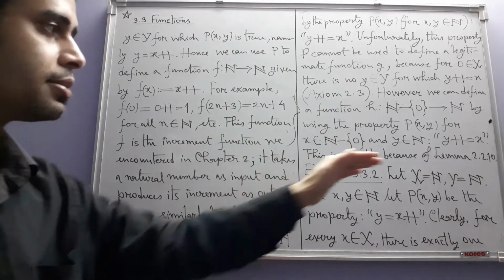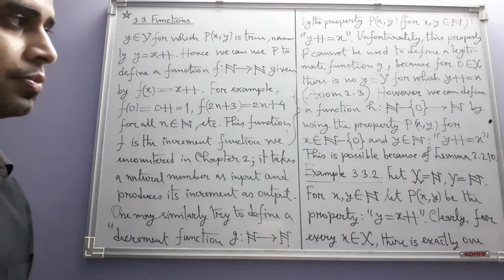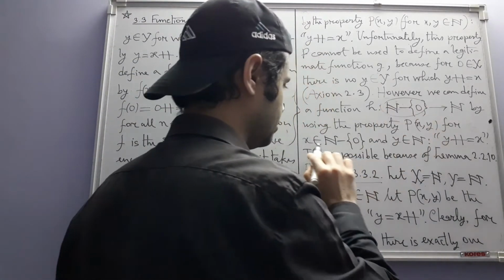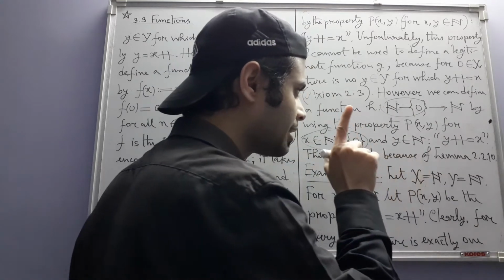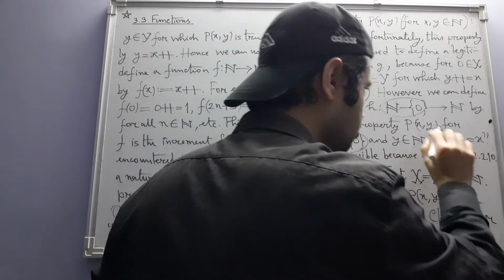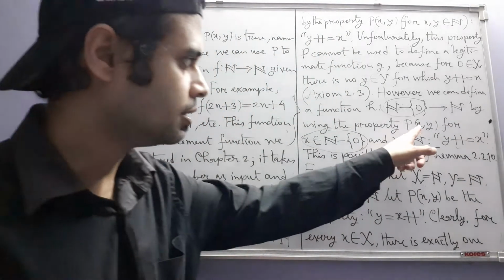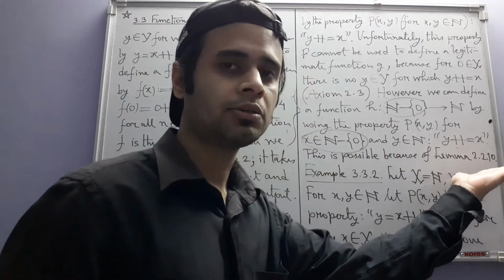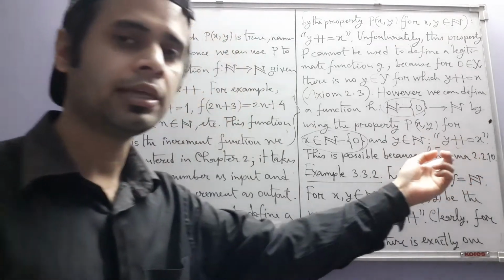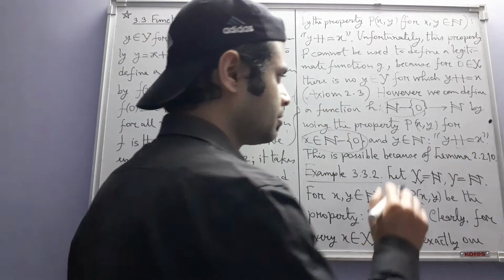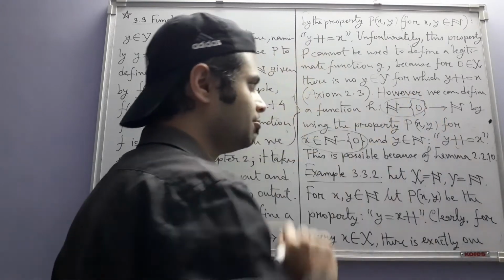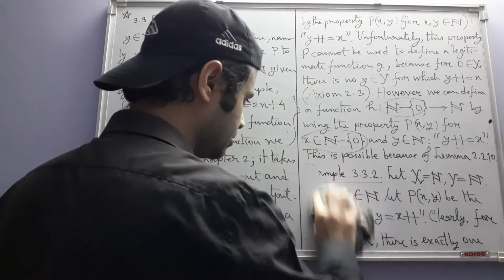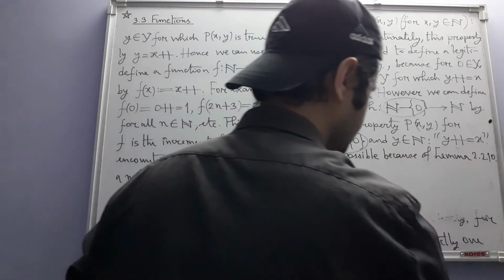of y. That's precisely the statement of this lemma. So what is happening here, for every x in this set here, we are getting exactly one y for which p(x, y) is true. That means this p(x, y) satisfies the vertical line test, and this is happening because of Lemma 2.10. You can go back and see that this is the statement, and that's why this p can be used to define a function. Okay, and that function can be called a decrement function, because what it does is this: